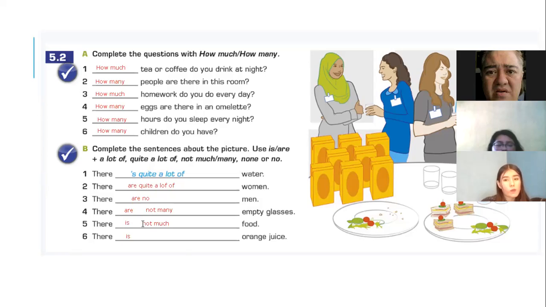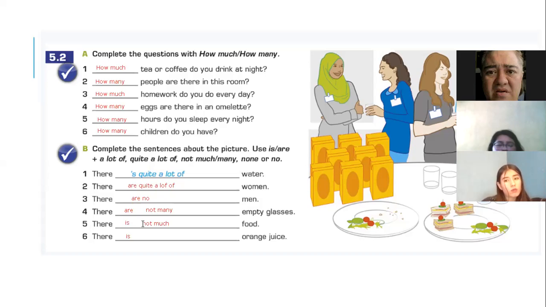Which expression works better: a lot of or quite a lot of? I think there is more orange juice than water. So if you used quite a lot of for water, what are you going to use with the orange juice? Blanchette, what do you think? I don't know. You don't know? Okay. Do you think that there is not many, or not much, or quite a lot, or a lot of